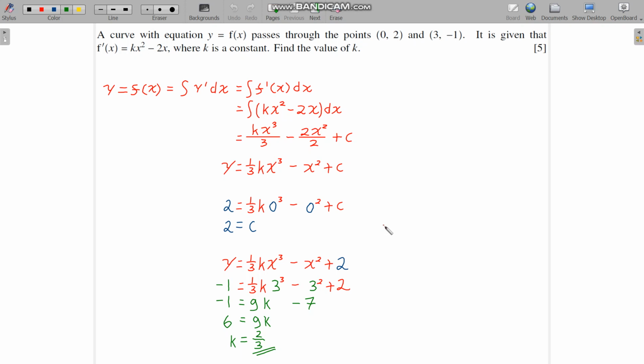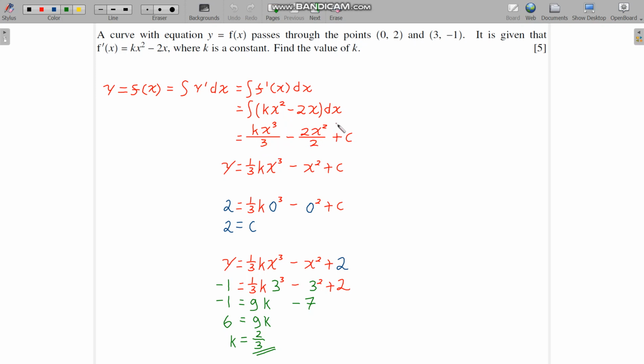Past paper question. So maybe pause and read the question. To find the value of k, we're given the f prime and we're given the values of x and y. So we need to find the y function first. The y, or the f of x, is the integral of the y prime or the f prime. So the integral of kx squared minus 2x, we integrate, we get kx cubed over 3 minus x squared,